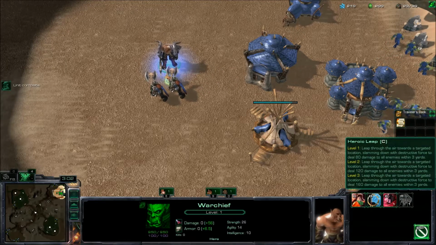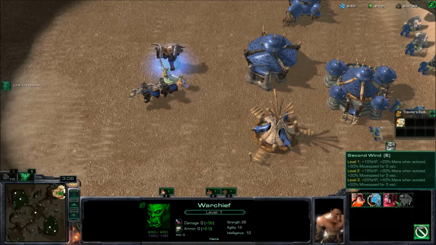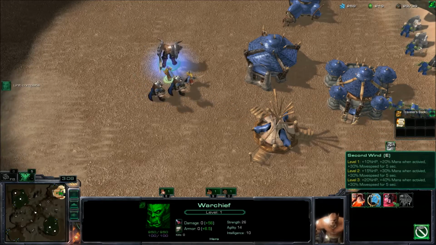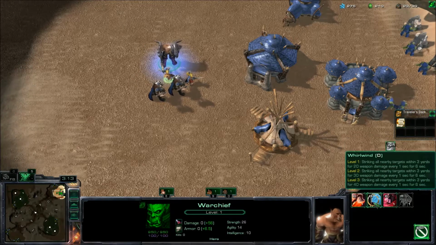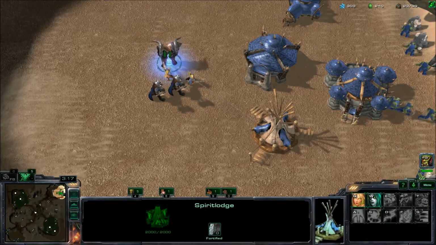Got Heroic Leap, such a close distance. We've got Whirlwind, which is kind of like a Blade Storm. Glory Second Wind. That's okay, I guess. Anyway, we're going to take Whirlwind to start with. Hotkey all these guys, waypoint everything to Garrosh,